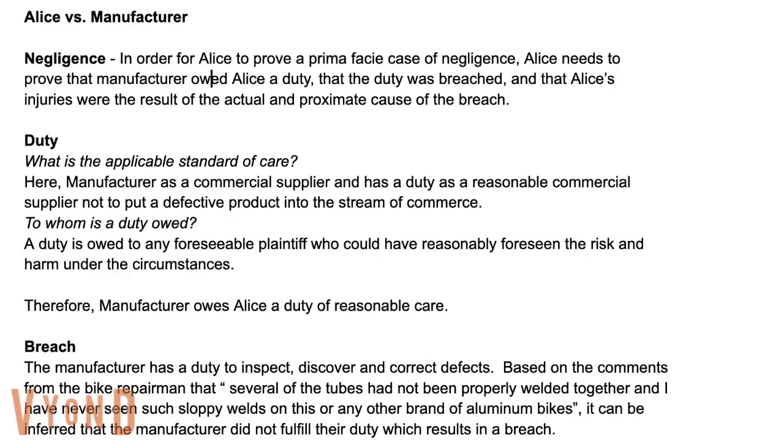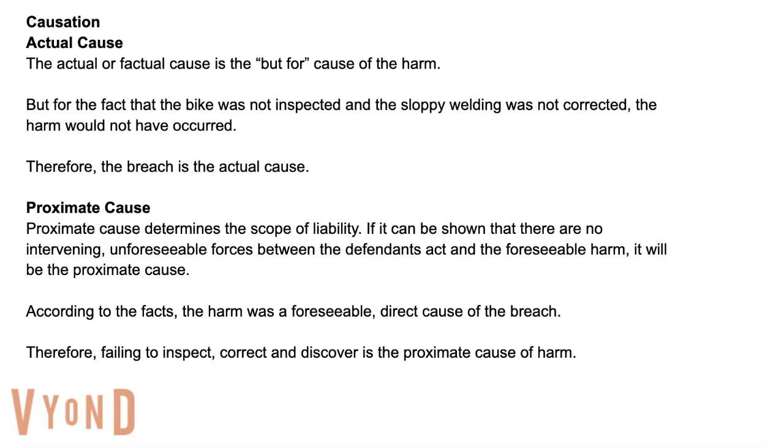Therefore, there was a breach. For causation, we need to show both actual and proximate cause. We can state that, but for the tubes not being improperly welded, there would be no actual cause. For proximate cause, we need to show foreseeability. We can show that it was foreseeable that if the tubes were not properly welded together, a crash is likely